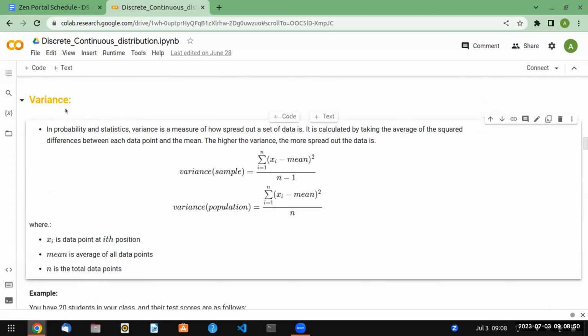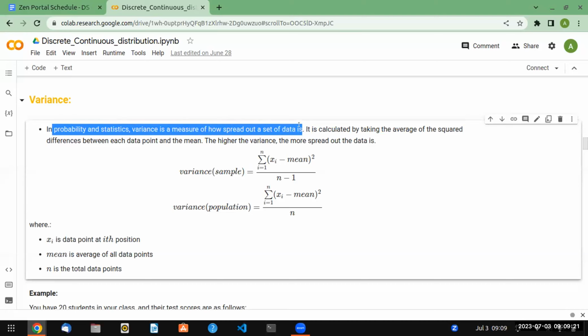It is a measure, like the example I gave you, which range of age of people are using the product. So here, if you think deeply, we are seeing the variance. Like what is the variance of age group? From this group to this group, the product is being used, right? So this is variance. In probability and statistics, variance is a measure of how spread out a